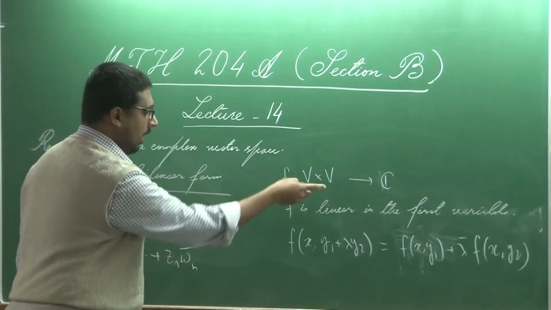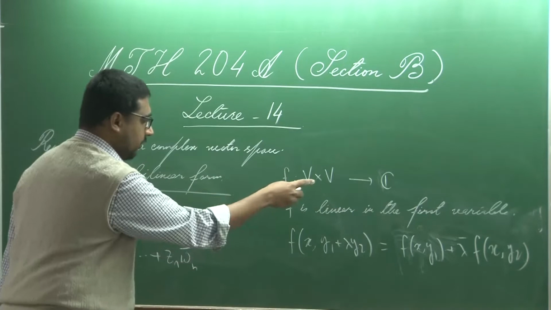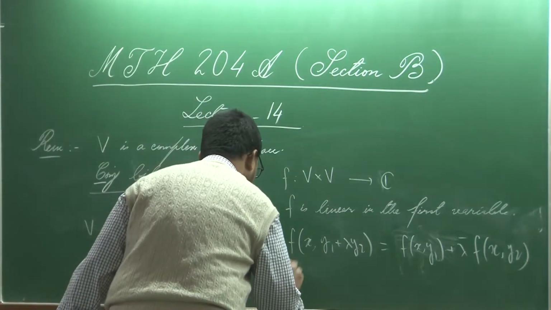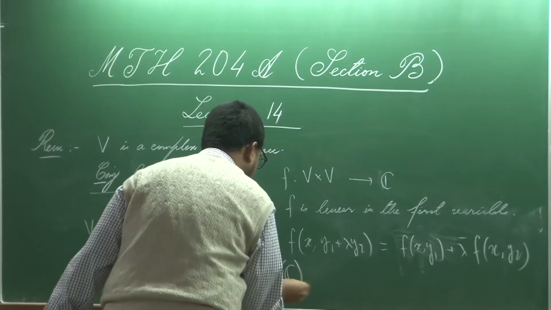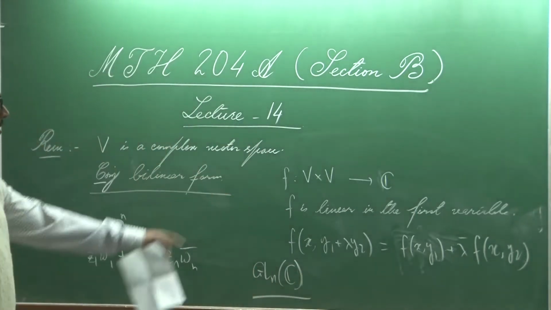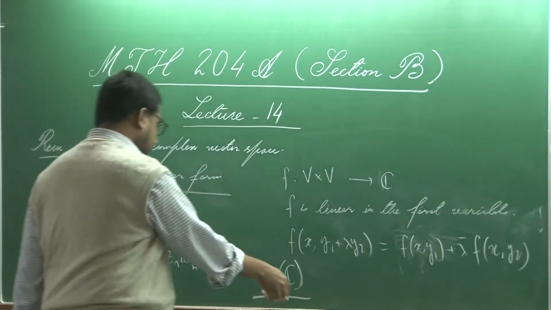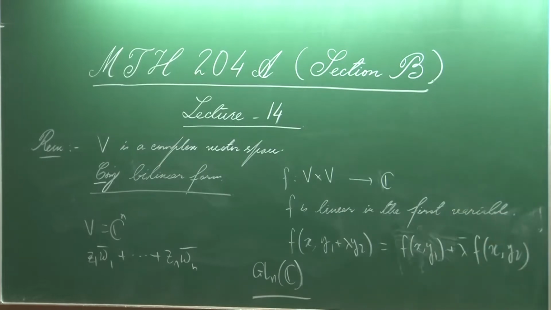So like earlier, given such a form, it's stable. So GLNC, it's easy to see that like earlier this acts on the space of all such forms. Okay. Then of course here the analogues of symmetric forms will be the Hermitian forms. So we do have actions of GLNC on the